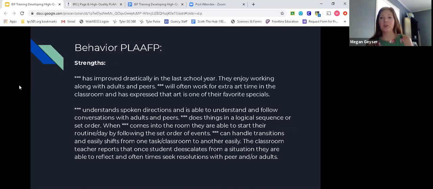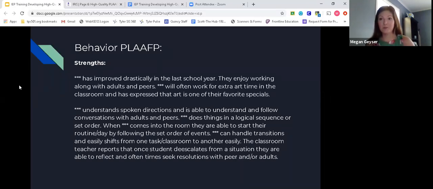So this student understands spoken directions. They're able to understand and follow conversations with peers and adults. They like to do things in logical sequence, in order. So my little brain has a spark here. Logical sequence. I bet they would benefit from having a little schedule that goes along with them so they know exactly what's coming up next. That's how we can play on that strength of the student to help support them in their general education classroom